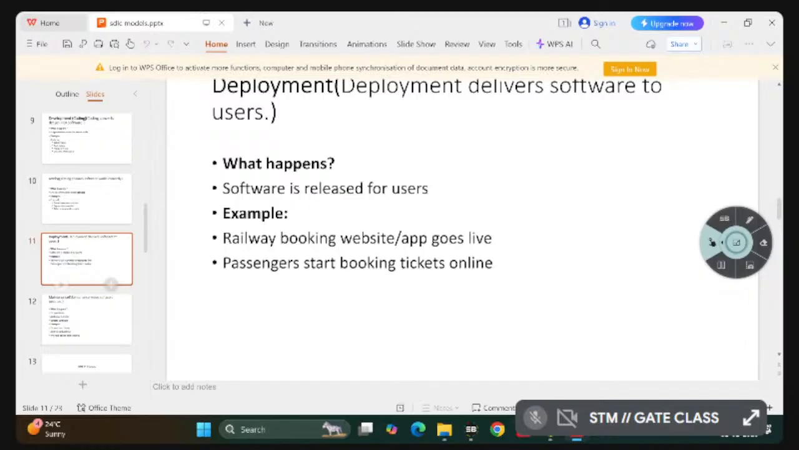Next, deployment. Just now we discussed that testing is done. Some errors will be raised, and if any errors are there, they are immediately handed over to the designer or developer. The developer or designer starts the rework again